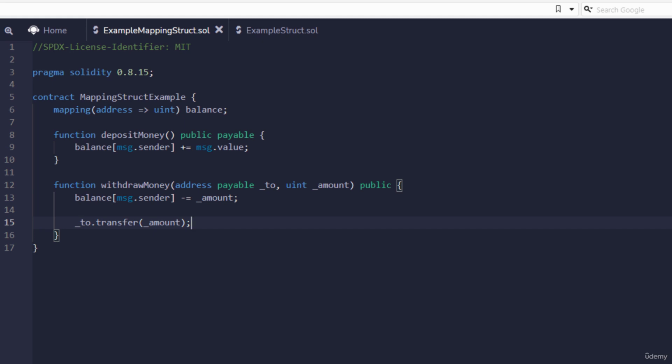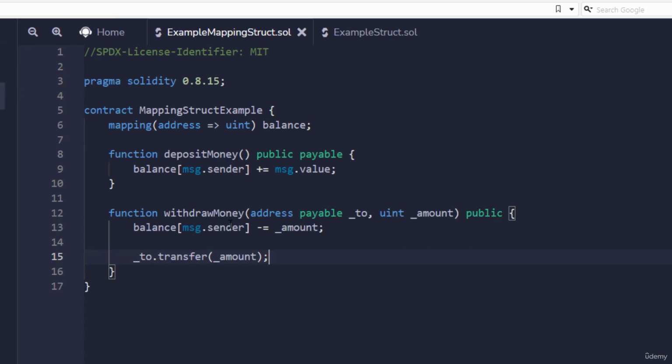Now that one doesn't track a lot. I mean, we can send money here and we can send money back. Make this a little bit bigger. But it doesn't really track any kind of deposits unless you are going to look into a block explorer and just see when somebody deposited and when somebody withdrew money. And that's something we are going to look into in the next project, how we can track that with block explorers and how we can do code verification. But in this lecture, I want to show you actually how to use structs and how to use them